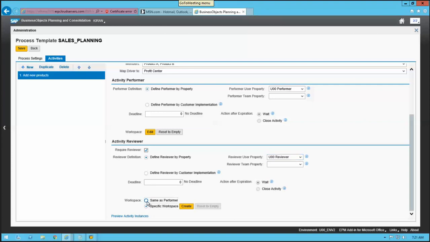In our case, it should be same as performer. That means the reviewer also clicks on the same link. If the particular person is going to check all the products, then you have to mention another link. What I am trying to say, if you select same as performer, the reviewer can see only new products, whatever he added. Correct? If you want to give the list of total products, new and old, then you have to give